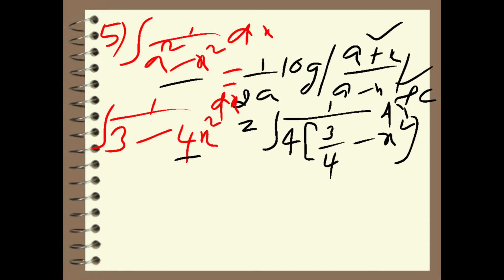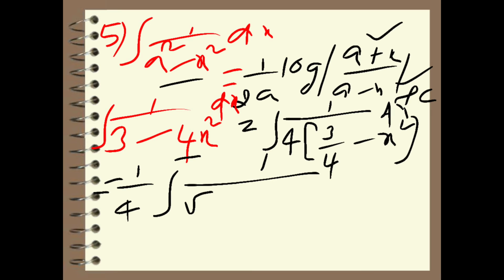Okay. So according to our formula, 1 by 4 taking out because it is a constant, and we will write one more step. 3 by 4, you have to write 3 by 4 as a perfect square number. As I told you, if a number cannot be written as a perfect square directly, we should take it in the root form, root 3 by 2 whole square. So 3 by 4 can be written as root 3 by 2 whole square. 1 by 4 into integration of 1 by root 3 by 2 whole square minus x square.